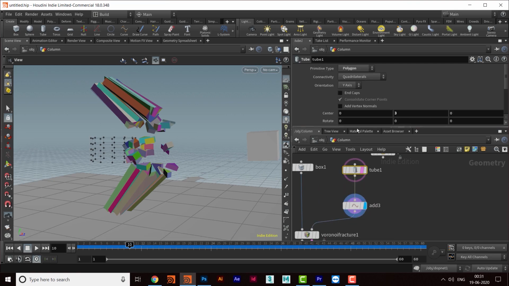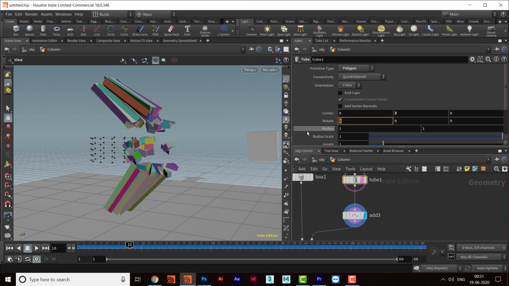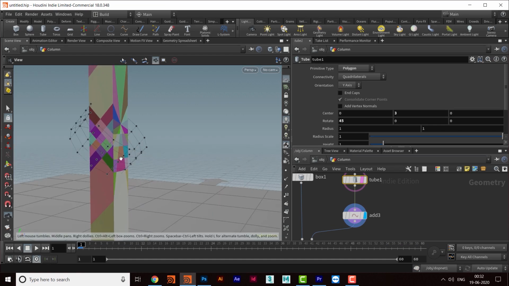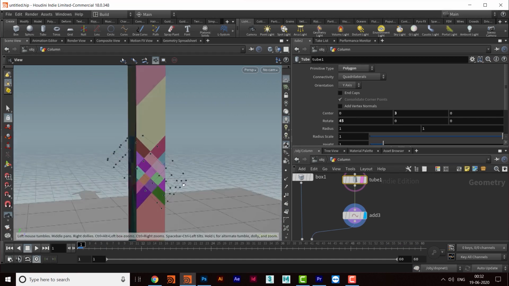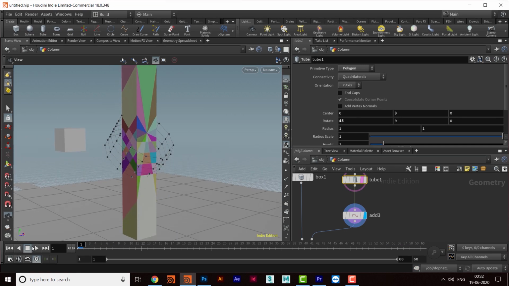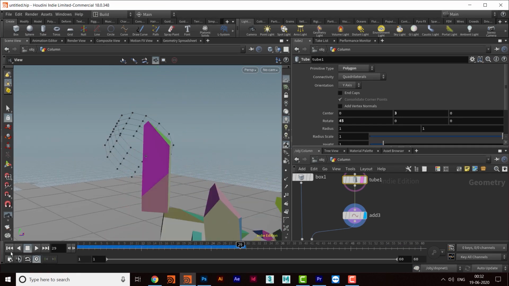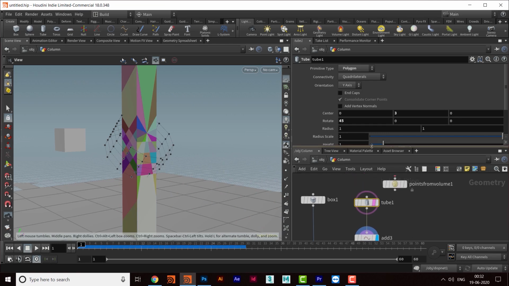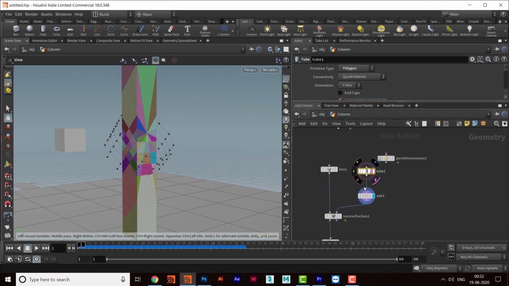You can rotate this value to maybe 45 degrees, and then the shape of the chunks will be a different type. So that is one more option.